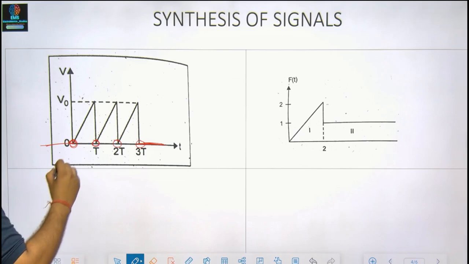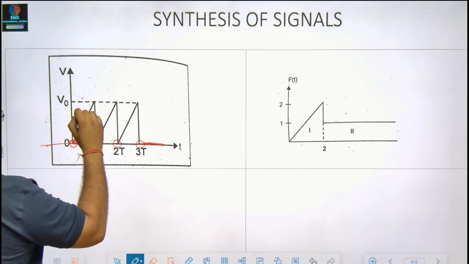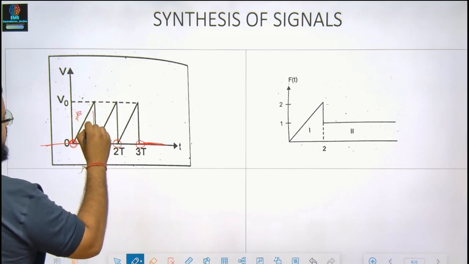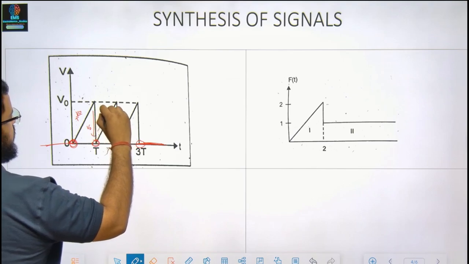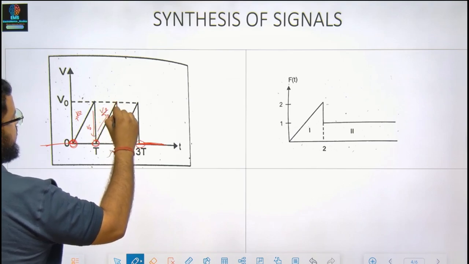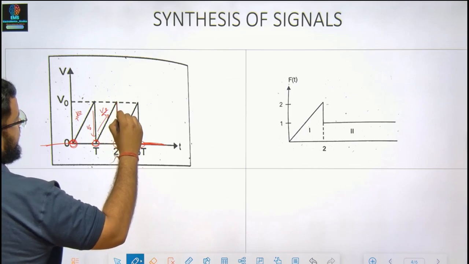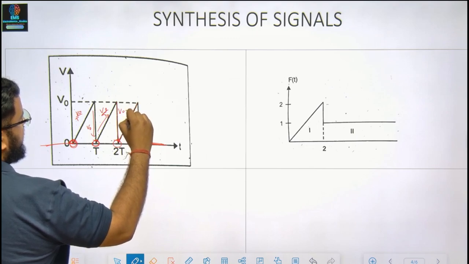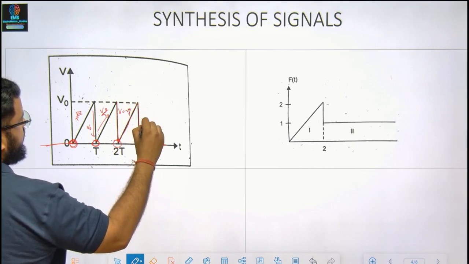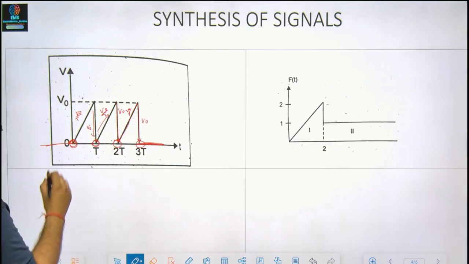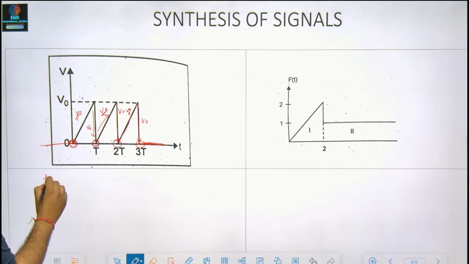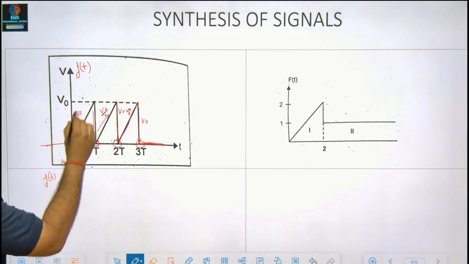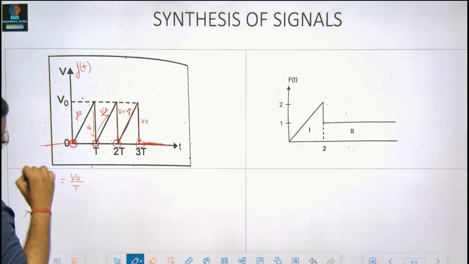Slope is getting 0. So what is the slope over here? Here the slope is V naught by T, down by V naught. Slope of V naught by T, and down by V naught. So let us start with the first point. So f of t, let's name it as f of t, is nothing but V naught by T